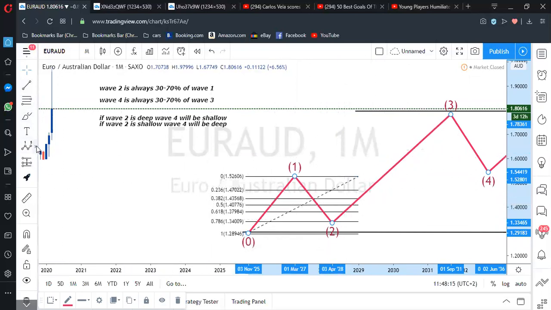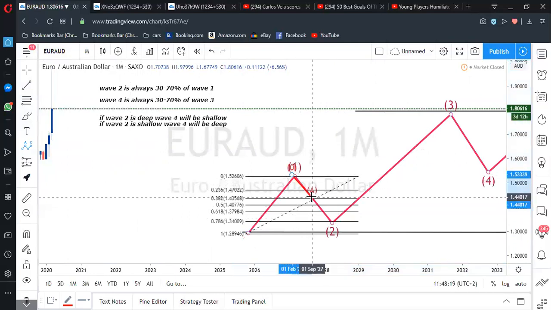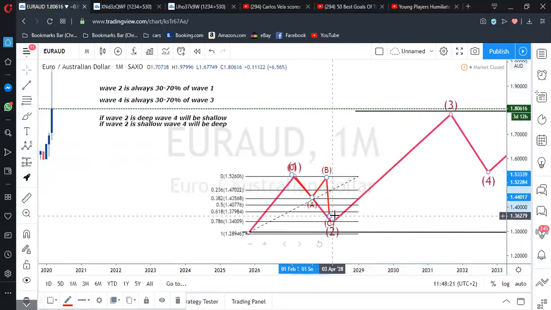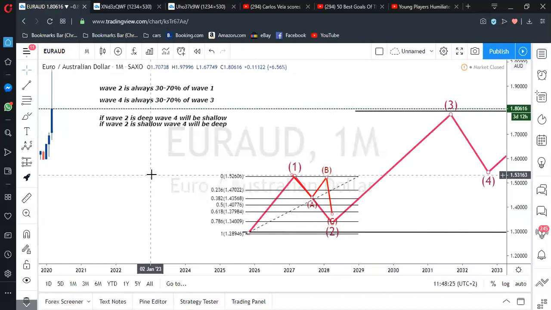It would look something like this. It will have an ABC also inside. It will have a 0 here, and then an A, and then a B, and then a C that is coming down like this. That's how price is. So what we do is,